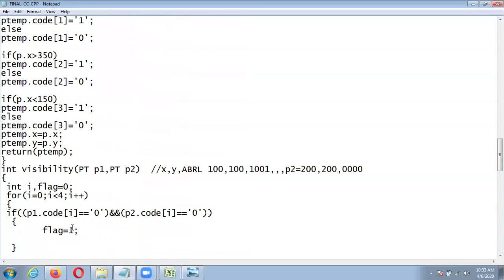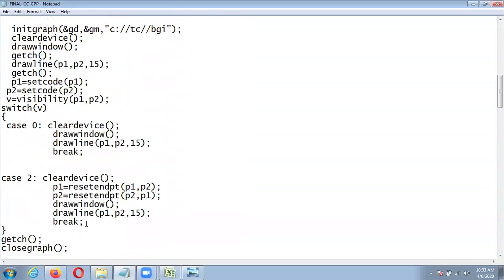From here control goes back to this p1. So we are checking the values of the new p1, that is the x and y coordinates and region code. Then again the same for p2. Here we have to exchange the values, because in our reset endpoint function we are taking p1 and p2 as it is.